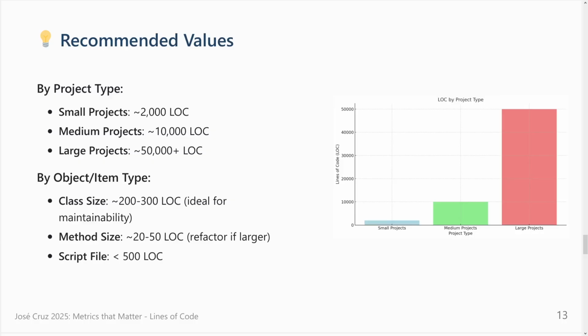There are other metrics that I can tell you regarding lines of code. There is a rule, I think it's 30, 30, 30. Everything should be 30. So a method shouldn't have more than 30 lines, a class shouldn't have more than 30 methods, and things like that. I think it's a little bit exaggerated, but if you want to start at some point, maybe start with this one. You can check on the internet.